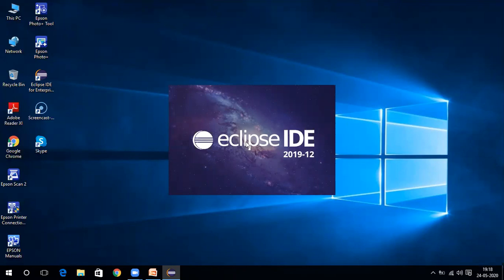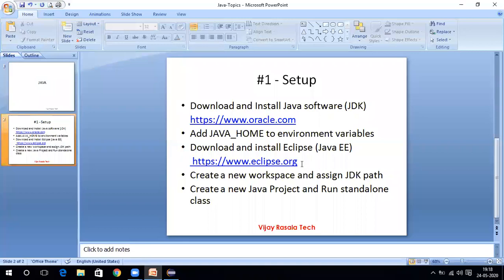You can create a separate new folder as well, wherever you want in the system. Okay, so it is loading. It takes some time to load. Let's wait.